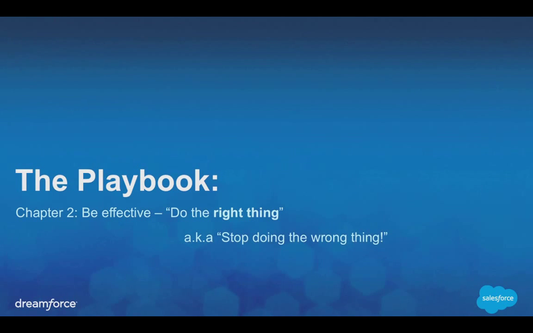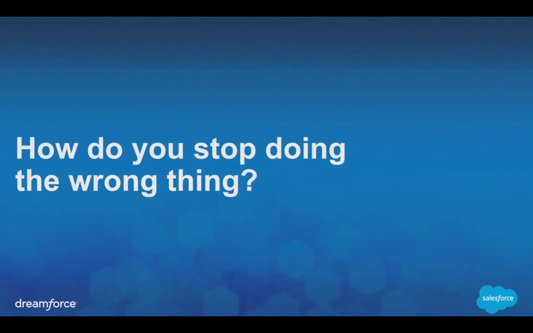Doing the right thing can seem like a big, enormous challenge, because it is. I think it's easier to think of this as stop doing the wrong things, because odds are there's 983 wrong things, and you just start whittling it down. It's easier in my head to focus on that. But I want to walk you through